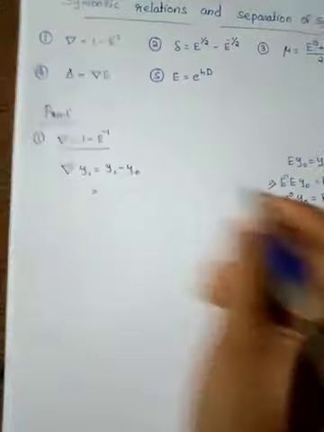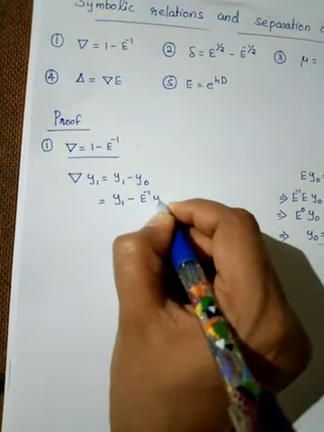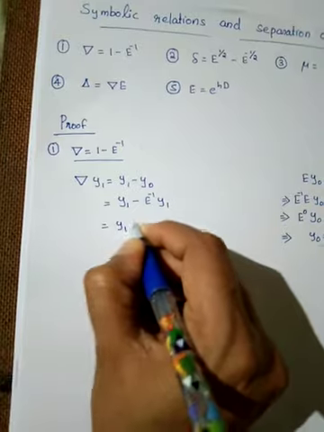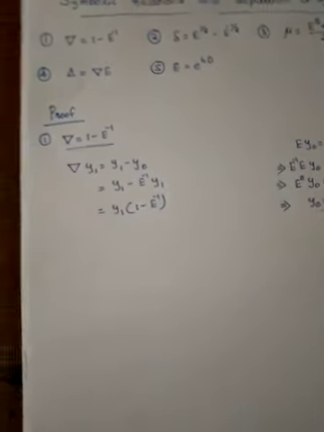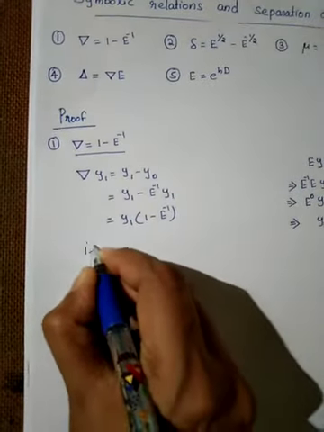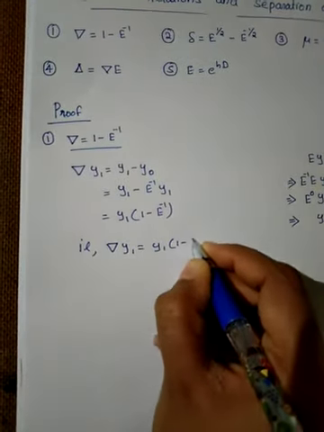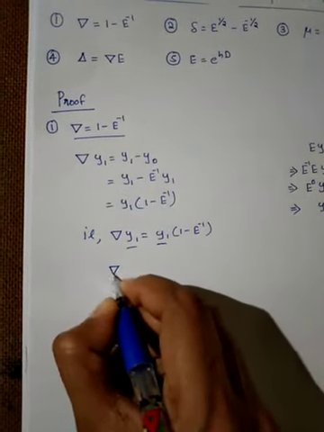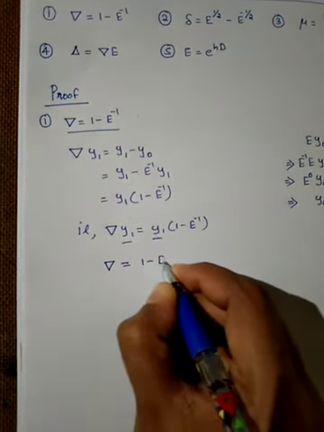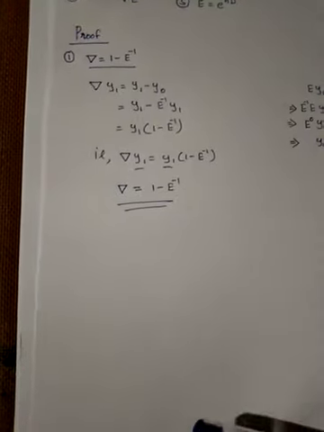Then y1 can be written in this form. So y1 minus E inverse y1. y1 is common, y1 into 1 minus E inverse. That is, ∇y1 equal to y1 into 1 minus E inverse. y1 is common, so it is cancelled. Therefore, ∇ equal to 1 minus E inverse. Hence the result. Then second one,